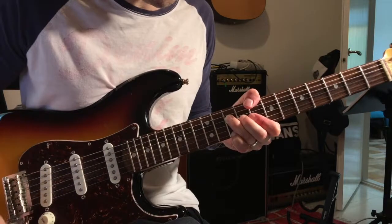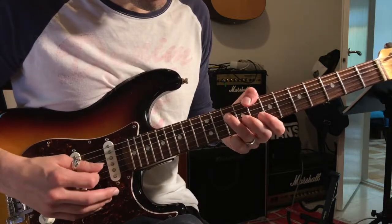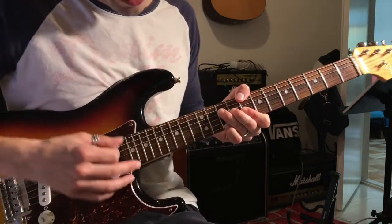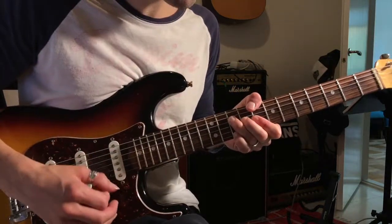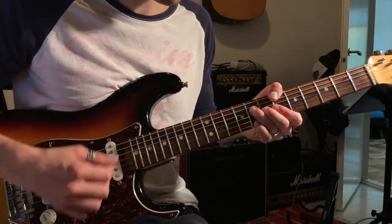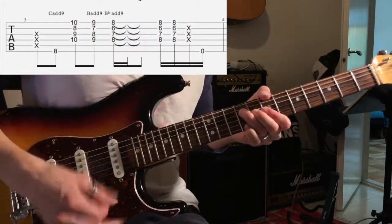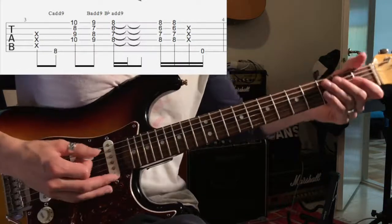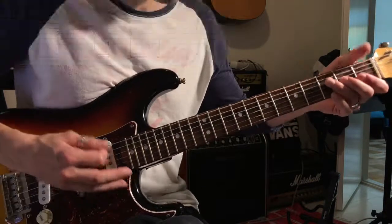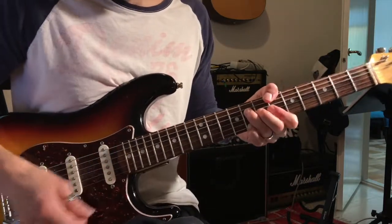After that I go to this chord. It's a C add 9. I play with my thumb here, ring finger, middle finger, and I bar with my index and my pinky on the 10th fret here on the E string. And I move down chromatically to B flat add 9. And I do that open E to F with my thumb here. Same chord as here. So we have C add 9 to B flat add 9 to F